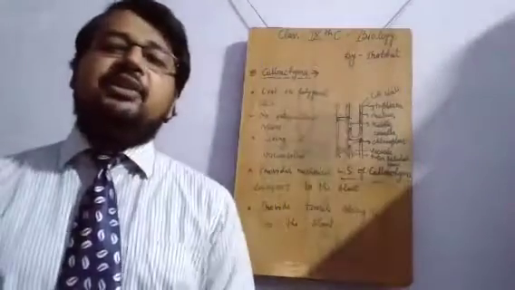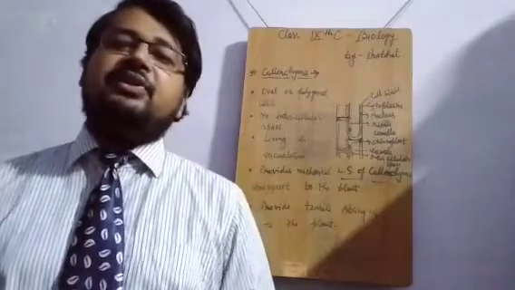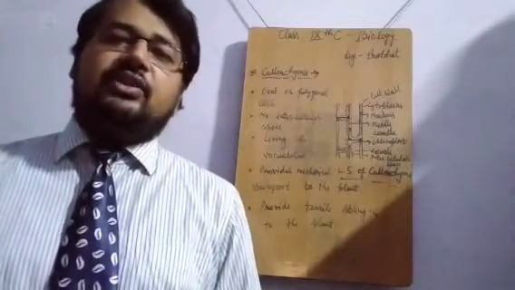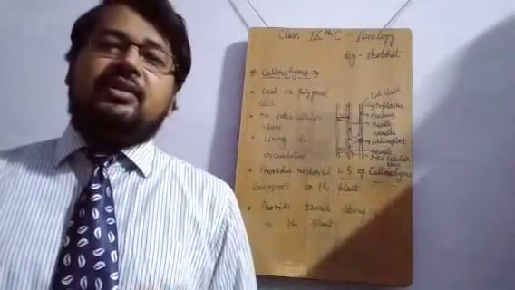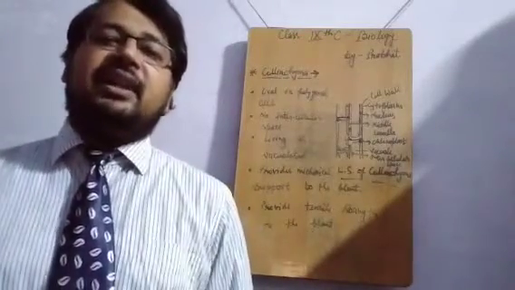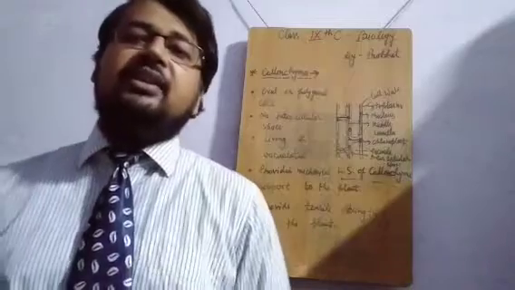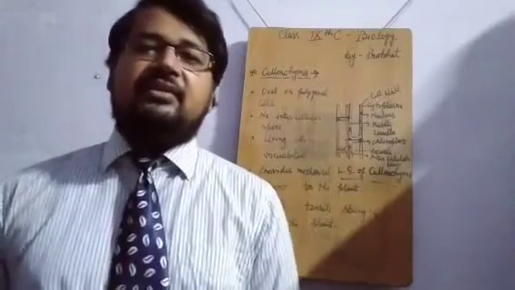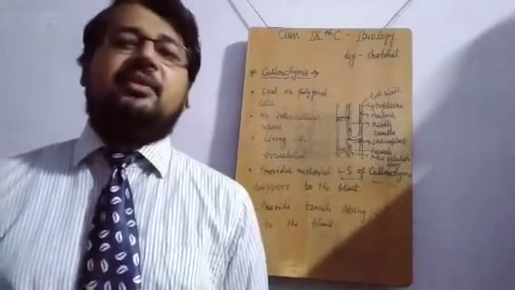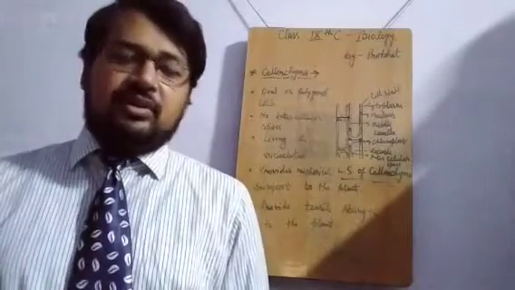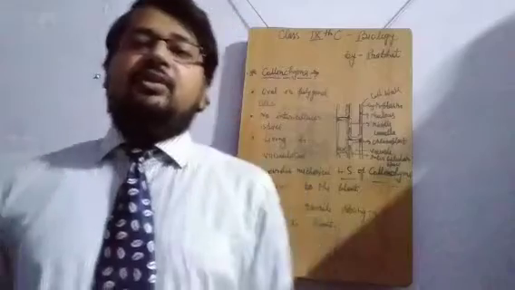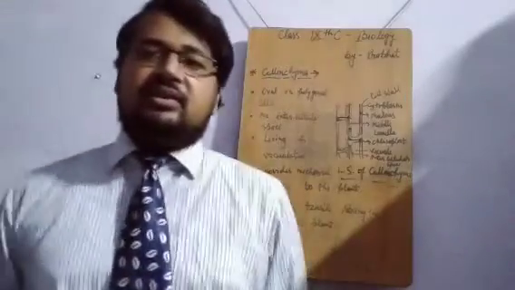It is generally absent in the monocots. This specific feature was discussed with you at the start of this collenchyma topic. You have to understand that it is present only in the dicotyledonous plants. In monocots, collenchyma is not found because there is no need of proper strength and support. Now we come to the specific functions of collenchyma.